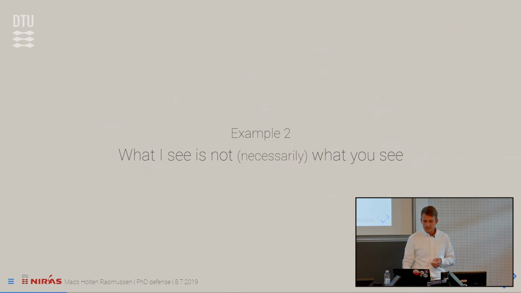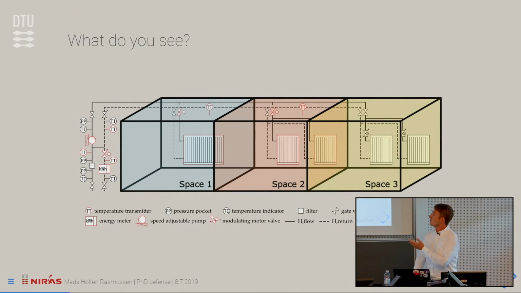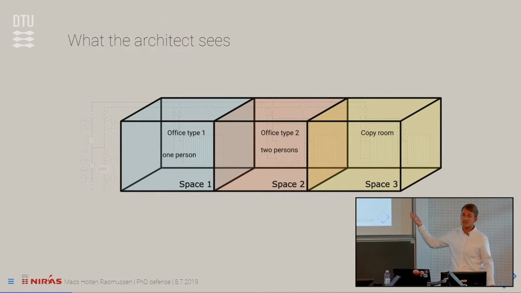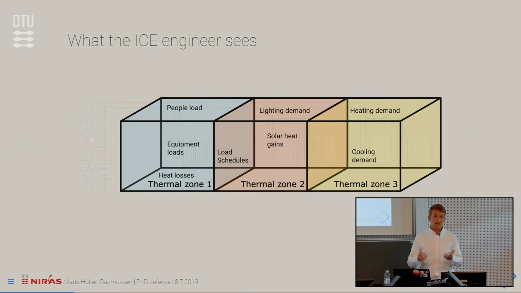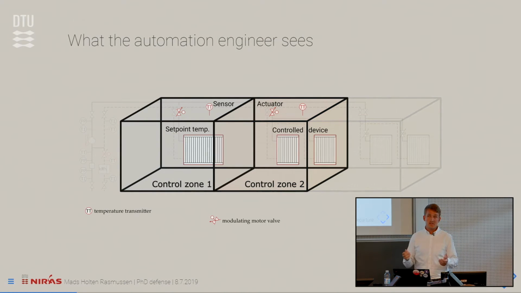Second example is what I call, what I see is not necessarily what you see. If I show you this graphic, what do you see? If I ask an architect, he would say, I see something like offices and some functional requirements. If I ask an indoor climate and energy engineer, he sees something like equipment load, solar heat gains, cooling demands, and stuff like that. If I ask an automation engineer, he doesn't care about the last room there because it has a thermal